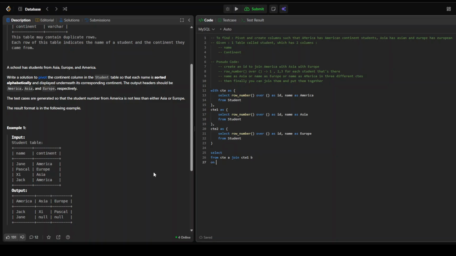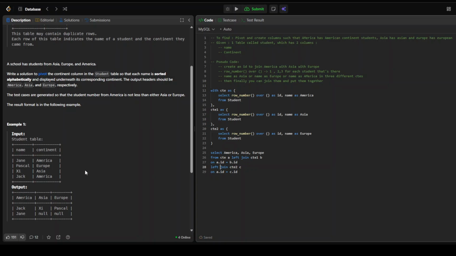b on a.id is equal to b.id, join CTE2 c on a.id is equal to c.id. Let's write America, Asia, Europe. I think if we create a left join, that should be better, because only America has 2, Europe and Asia each have 1, so there will not be a perfect exact join. There should be a left join. If I do this,